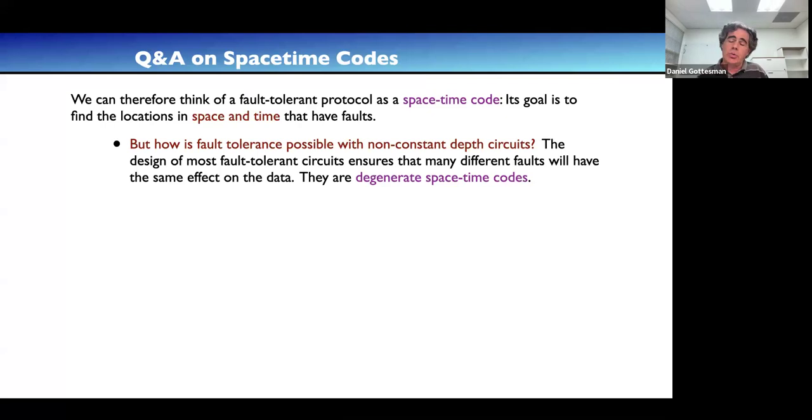In the old picture, we identified where the error occurred, but we didn't identify when. So there's many different gates that could have caused this same error. And so the fault-tolerant protocol was designed to be degenerate, in the sense that there's many errors that end up doing the same thing to the code. That reduced the amount of information we had to get. But at the same time, it restricted the kinds of protocols that we could look at.